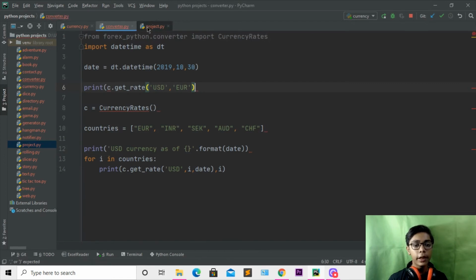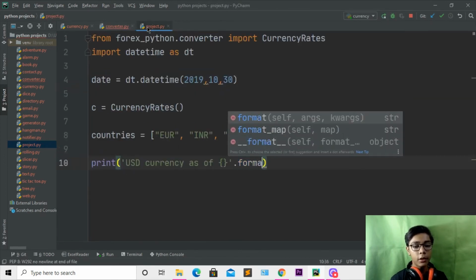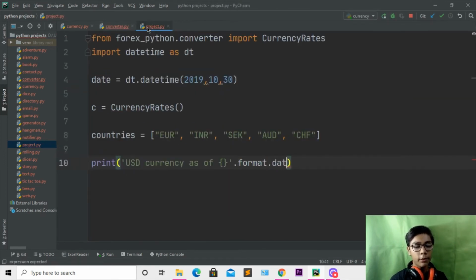Then you have to come here, create a format, and I'll be writing format date. So here you have to create all the things which we are creating. Then there is a problem coming. Okay, so I'll be writing date time. Create here go to converter, and you can see there is no dot any here, so I'll be writing this